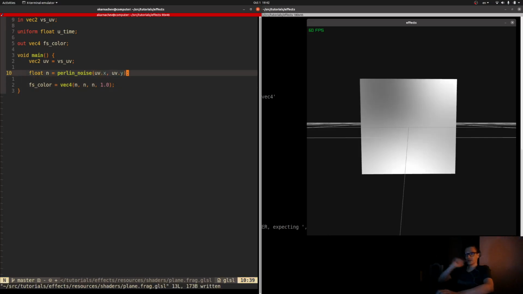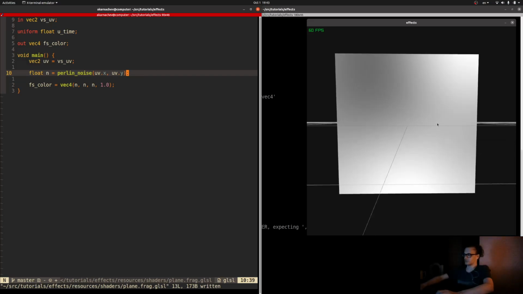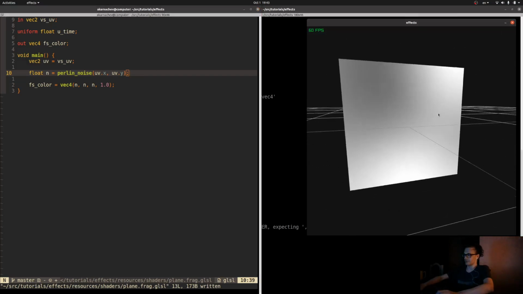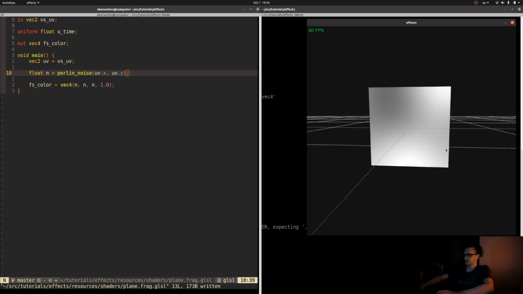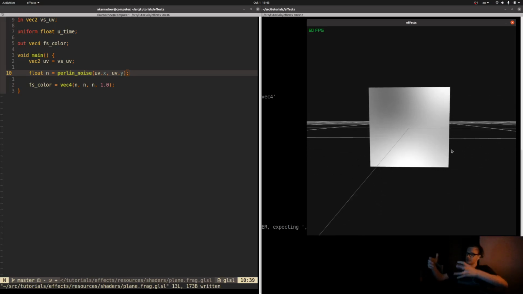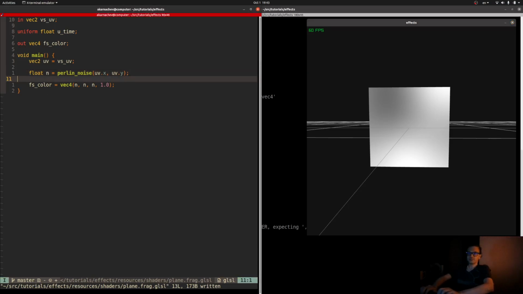Yeah, and as you can see, I believe you can see nothing here. We need to somehow increase the density of the noise. How can I increase the density of the noise? Let me